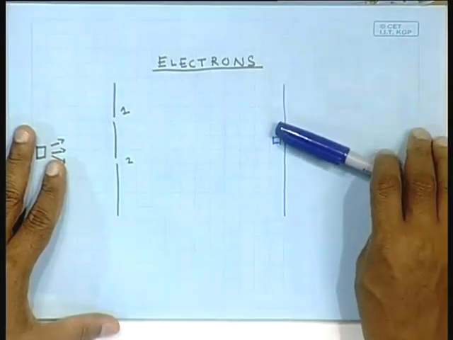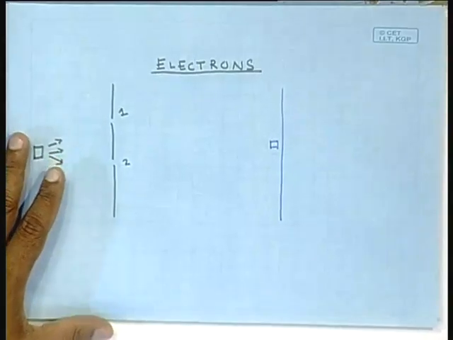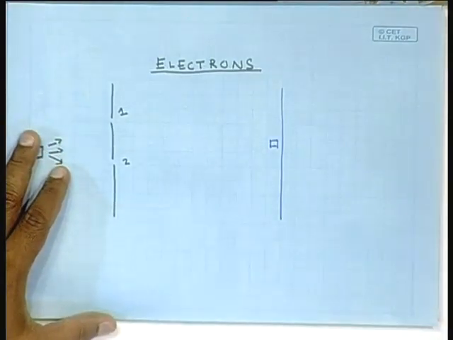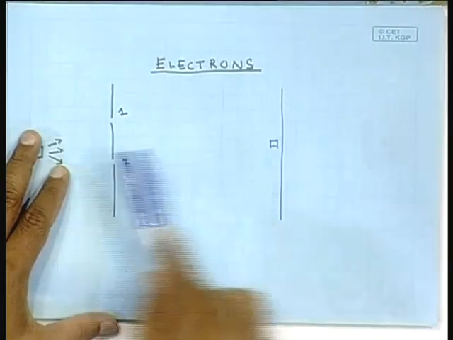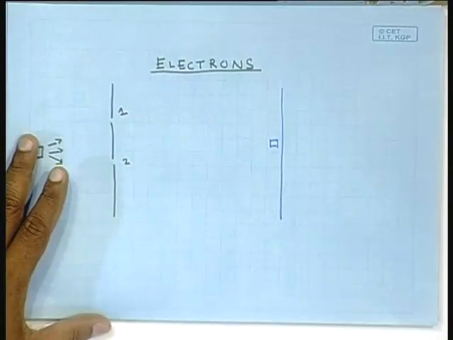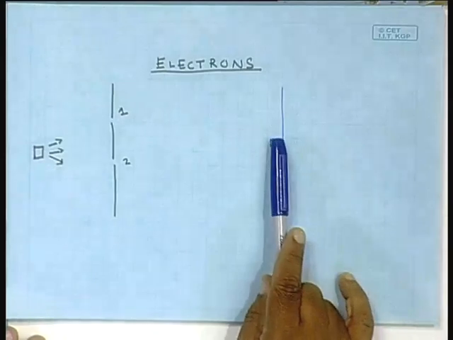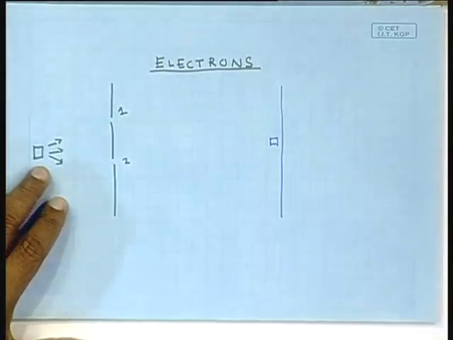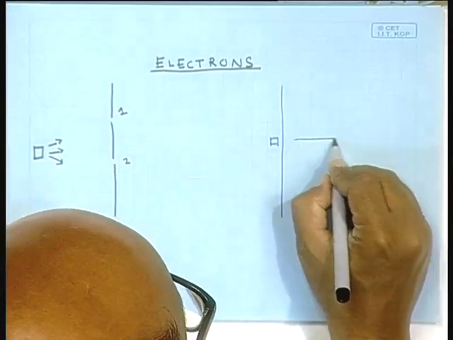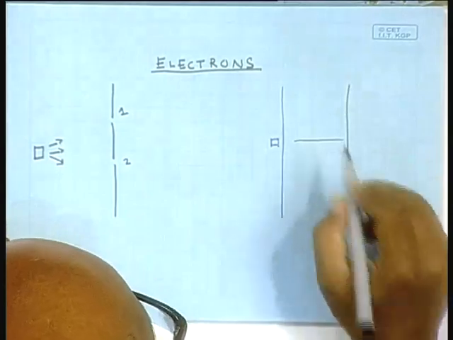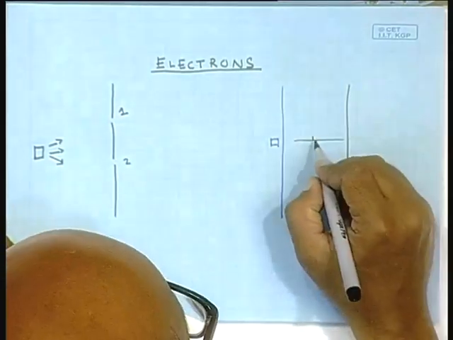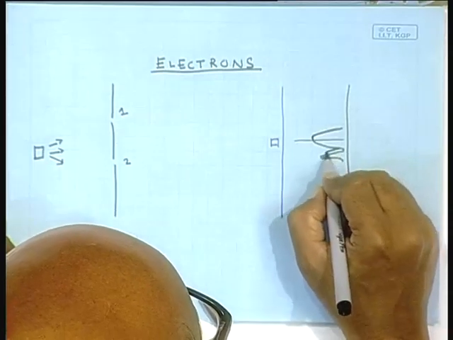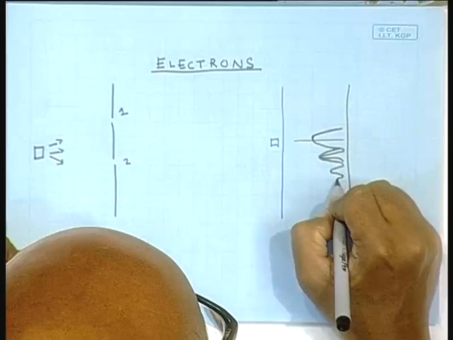And then you can repeat the experiment placing the detector at different positions. If you know the number of electrons that are shot out in that 5-minute duration, then you can divide the counts that you receive here by the total number of electrons shot out in the same time interval, and we get the probability of an electron coming at any point on the screen. If you do this experiment, you will find that the probability distribution looks something like this. It will have a peak and then a pattern of maxima, minima,